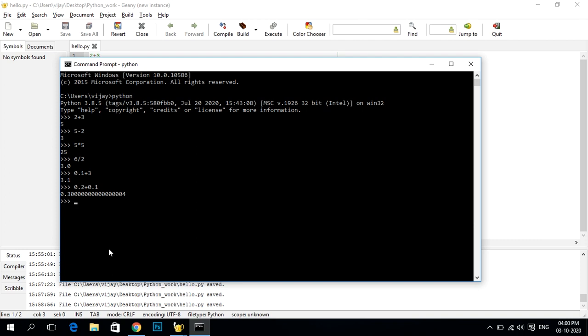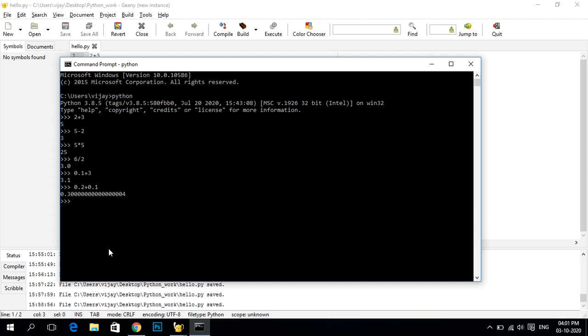Most of you will have the question, sir, why is it not giving the correct answer? In Python, the developers are working on this for accuracy. They are trying to make it more accurate, so we have to wait for it. And for any other decimal numbers you want to add, you can get a perfect answer.